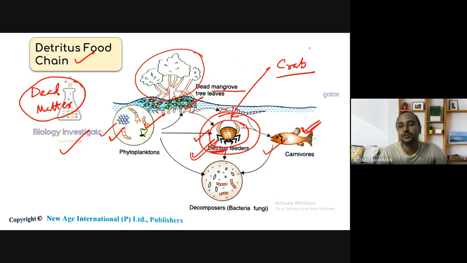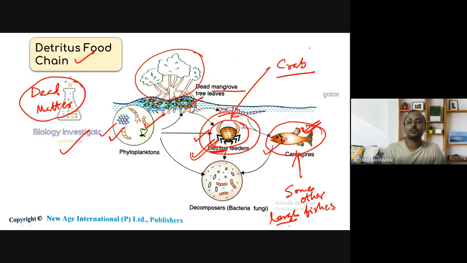And if these carnivorous fishes are being eaten by some other animal or some other large fishes, so the same procedure is going on, right? একই জিনিস হয়ে যাচ্ছে।